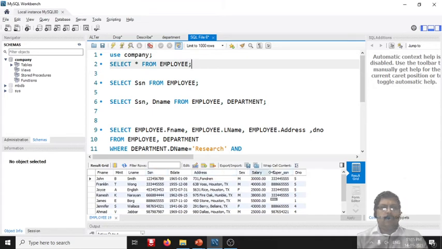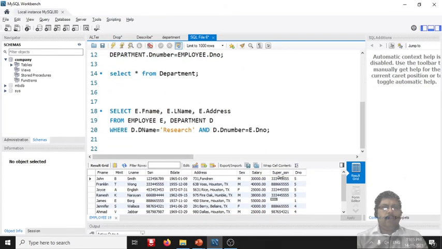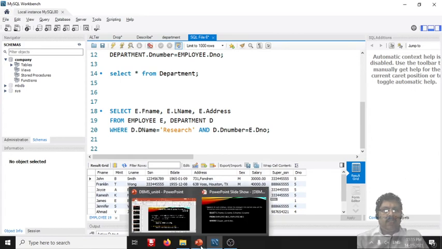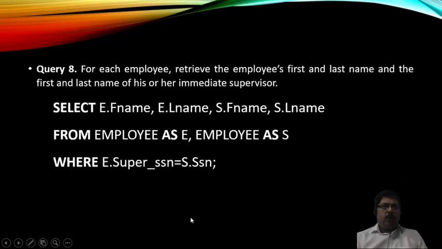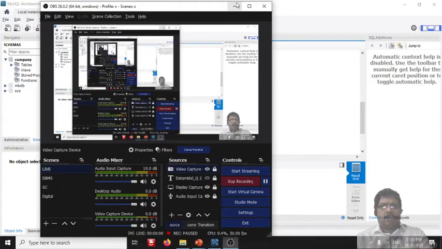Now using this query we will try to demonstrate the employees who are supervisors for an existing employee. So how this is done, we will demonstrate using this query. Just go through this query, execute it and we will see.